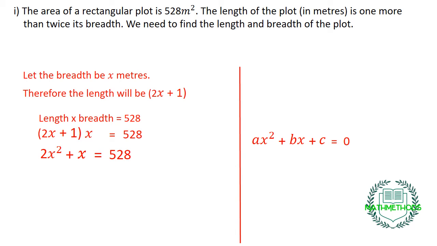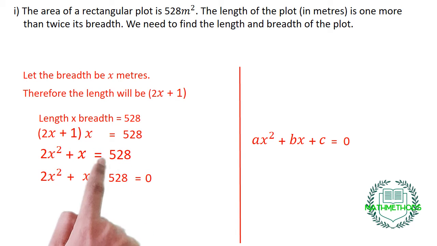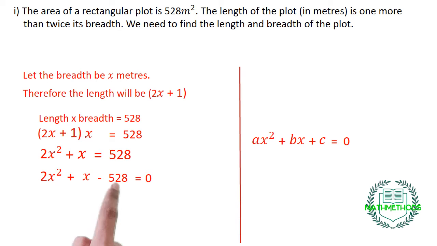The standard form of this equation is 2x squared plus x minus 528 equals 0. Have you noticed here the constant term 528? Earlier it was on the right hand side of the equal sign. Now in order to write the equation in standard form, we had to bring it to the left hand side